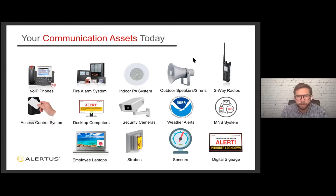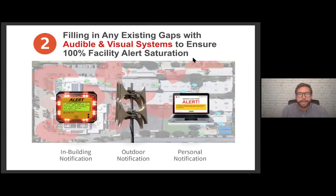So thinking about all these different tools that you have in place within your facility today, the second piece is to fill in the existing gaps. Once we've unified the tools that you have in your facilities today, we'll go through, from a consultative methodology, and think about whether there are any existing gaps. It might be gaps that you've already identified, or gaps that we jointly decide exist while doing on-site walkthroughs, which is typically the case with larger deployments. We'll identify where there may be gaps in coverage,